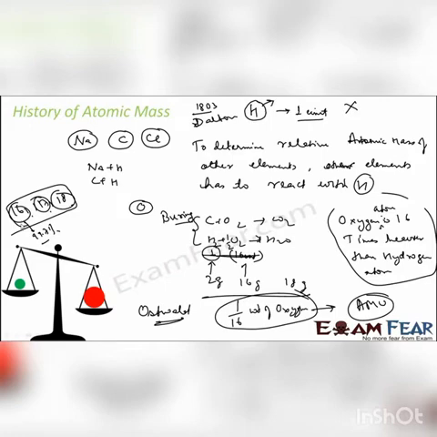Plus, science was more advanced. In fact, physics advanced a lot. The physicists can now find the mass of a single atom using a spectrometer. So there is something called a spectrometer that came into the picture. This is physics.